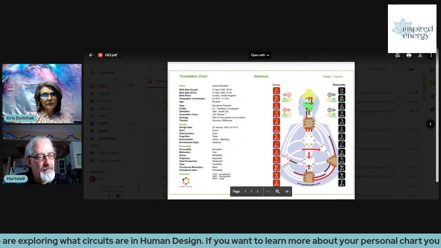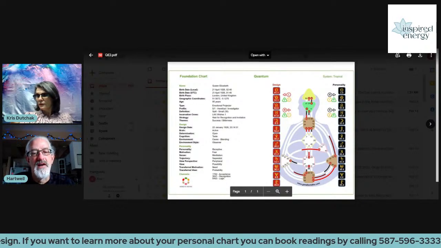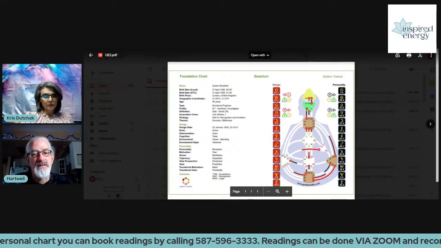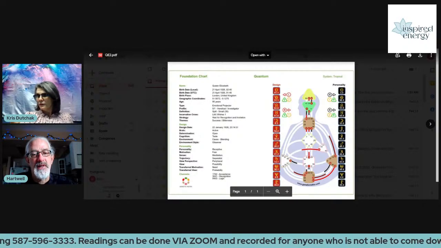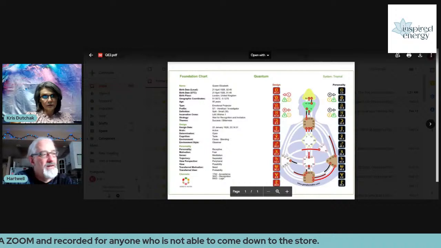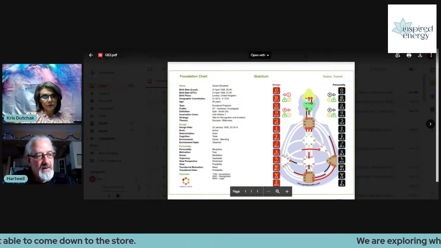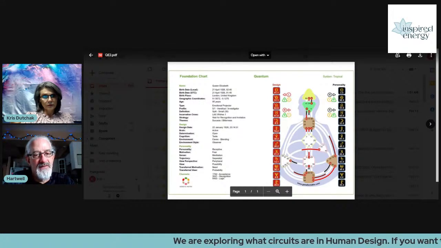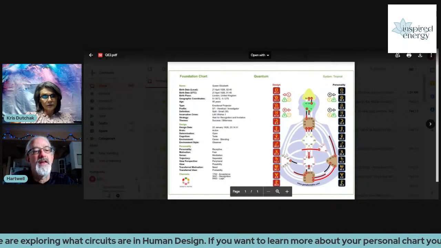So if I just make another mention about the integration channels, which are running from the G to the throat, G to spleen, and G to sacral. That integration channel is all about ensuring the survival of the physical organism, individual by individual. It drives us, and it knows how to survive, and it knows how to move ahead.